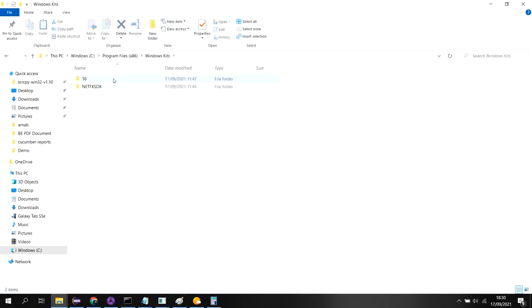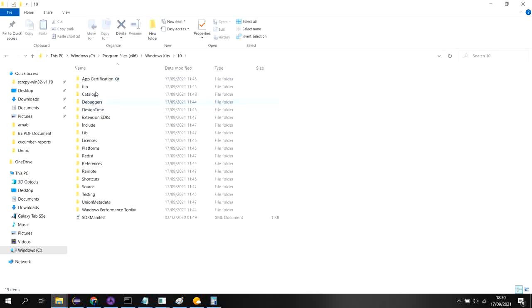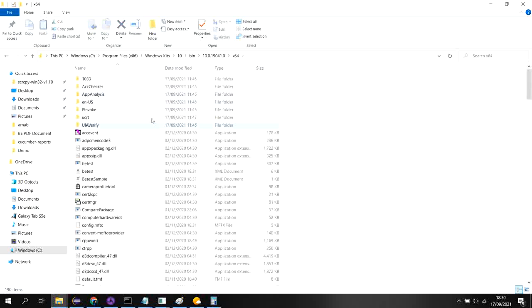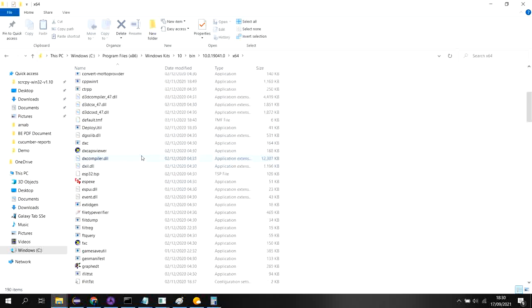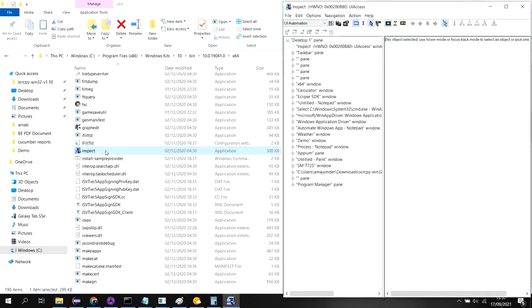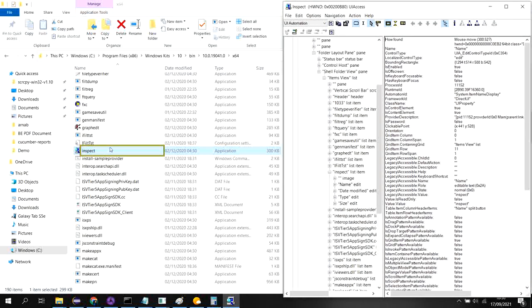You have to go inside that one, then 10, then go inside the bin, and then inside this one. Don't worry, I will provide the path. If you go inside the x64, because my system is 64-bit, I am using that one, just run this file, inspect. This is just like the UI Automator Viewer provided by Android, same thing.